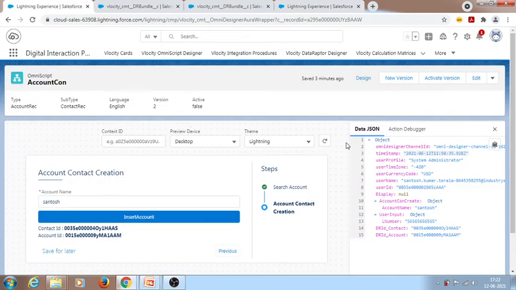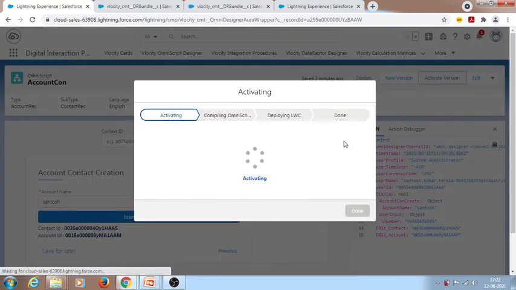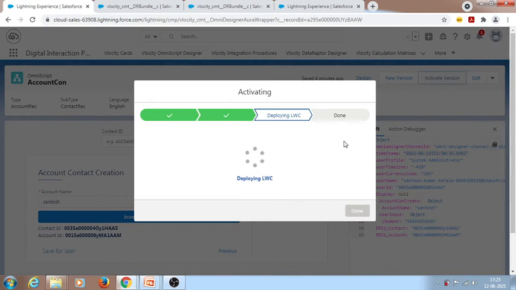This is because when we are using this OmniScript, we need to activate this version so that it will activate. After activating, it is ready and available. It's simple, like when we are building communities, we need to publish so that other people can see. Similarly here, if we click on activate, then this will be activated, and we can see it from other browsers.